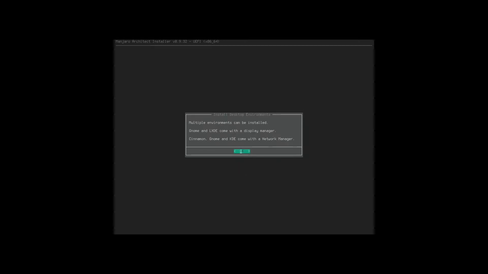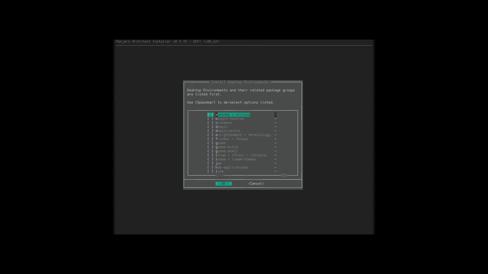Now we're going to install the desktop environment. This will tell us that multiple environments can be installed at the same time, where GNOME and LXDE come with a display manager, and Cinnamon, GNOME, and KDE come with network manager. We have options of awesome with vicious, budgie-desktop, Cinnamon, Deepin extra package, enlightenment and its terminology terminal, Fluxbox plus fbnews, GNOME extra, GNOME shell. There are three different packages for GNOME: i3 WM plus i3lock plus i3status,